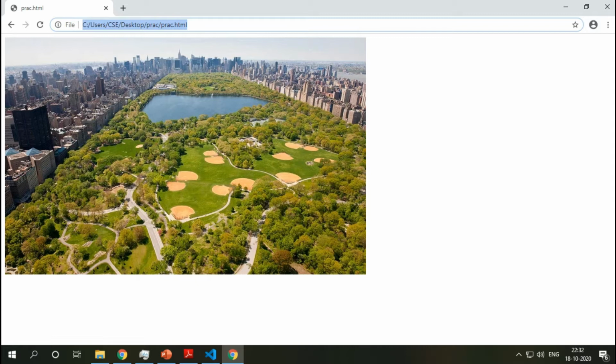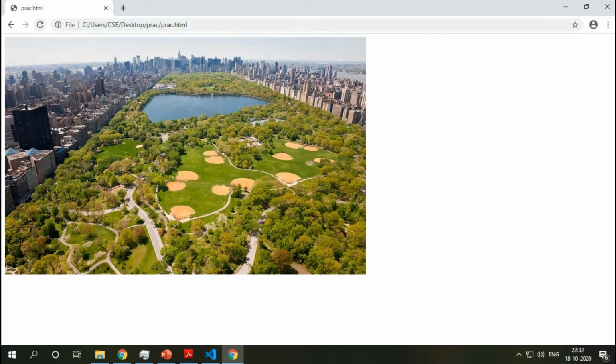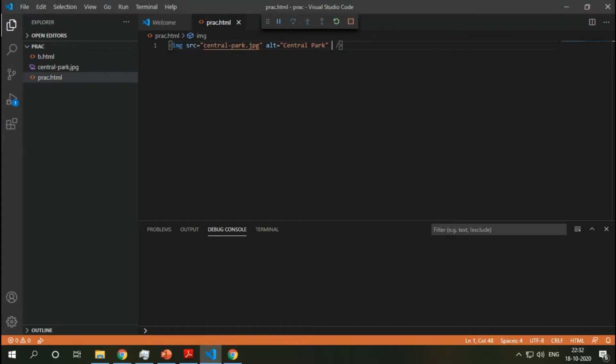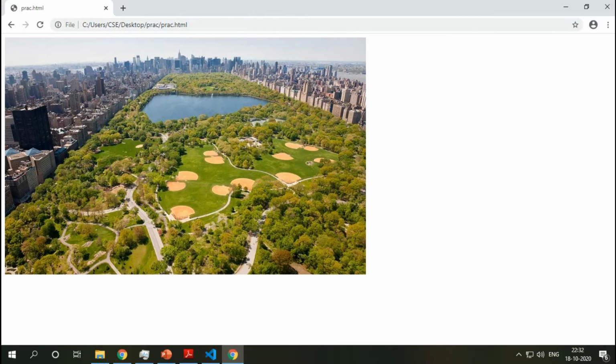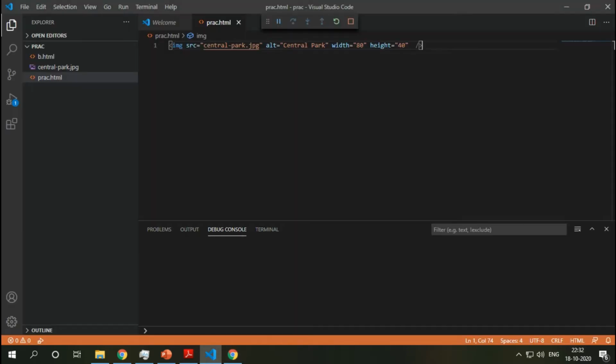So what is the title for? A pop-up information. If you don't have this, it is not going to display any information. See, I'm hovering on this and we are not getting any information. Now this image has its own width and height, right? If you make it 80 and 40, we'll see what the effect will be. First we will save it, then see, the image is reduced to 80 and 40. The image's pixel size doesn't matter here, whatever size you give is what matters. Now I'm giving 256 and height again 256.